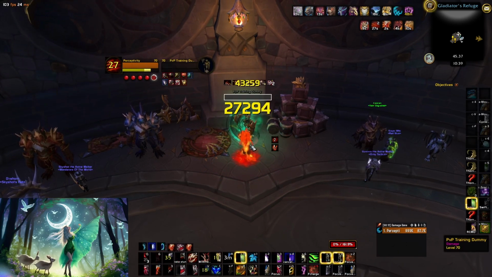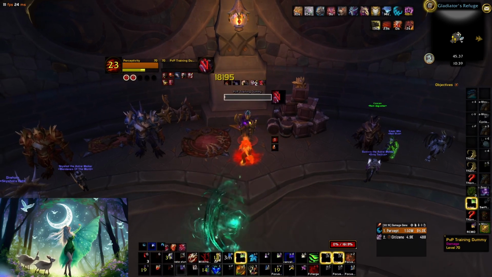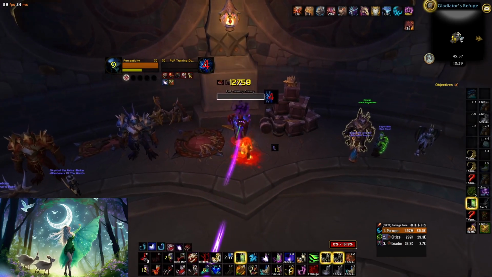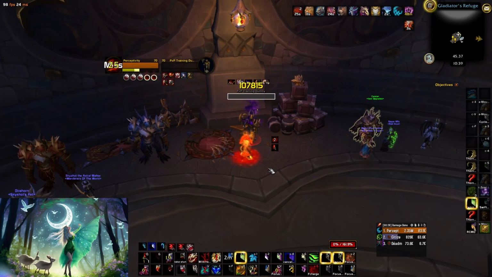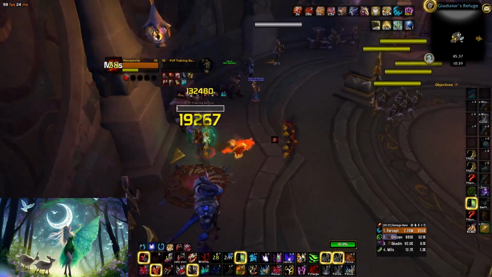And when you've got all the other bleeds on, you're literally just gonna spam Rake, spam Thrash, and then you just want to get the max combo points up. You want to make sure you're keeping all of your bleeds on, so we want to reapply Thrash, reapply Rake, keep up Rip. You only want to use Brutal Slash when you've got all your bleeds up, because that adds insane